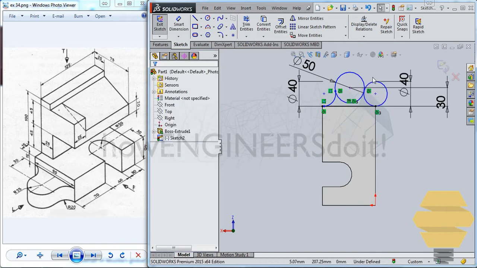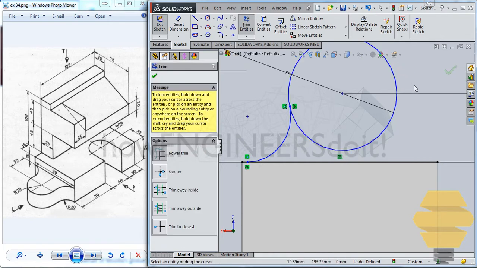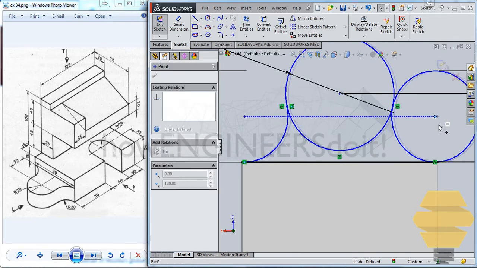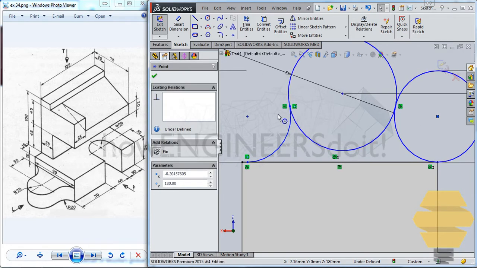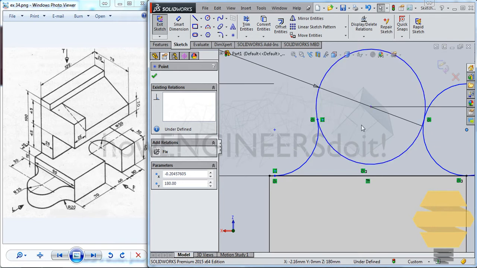We are supposed to get this trimmed. Okay, there's something wrong here. All right, so we'll just use a